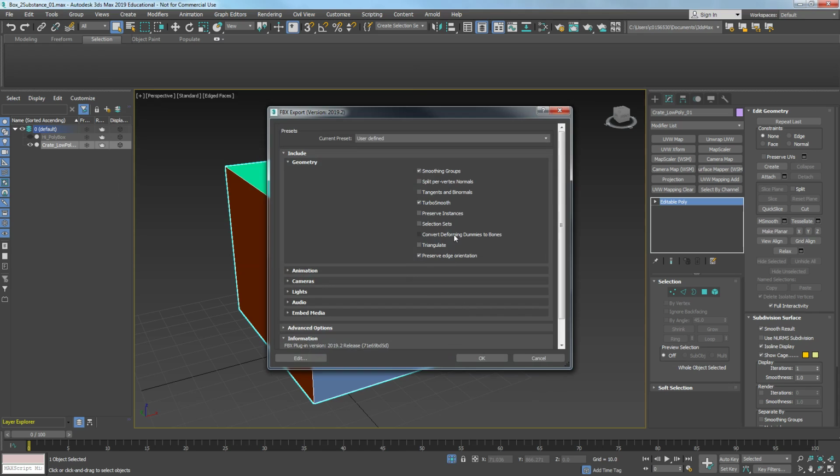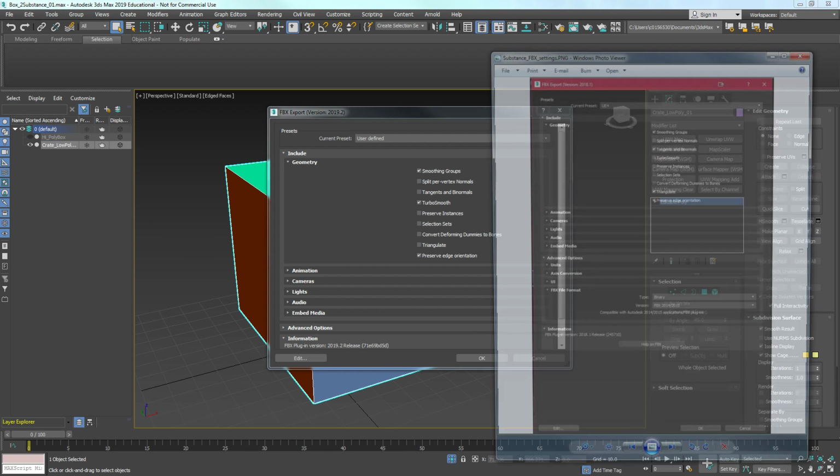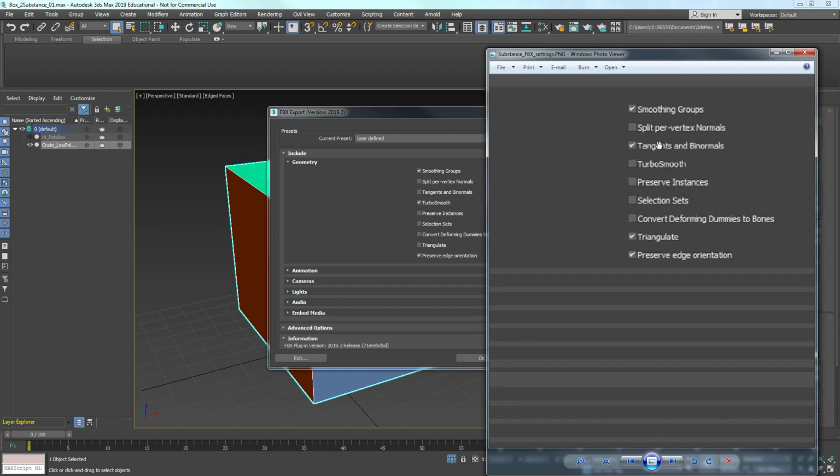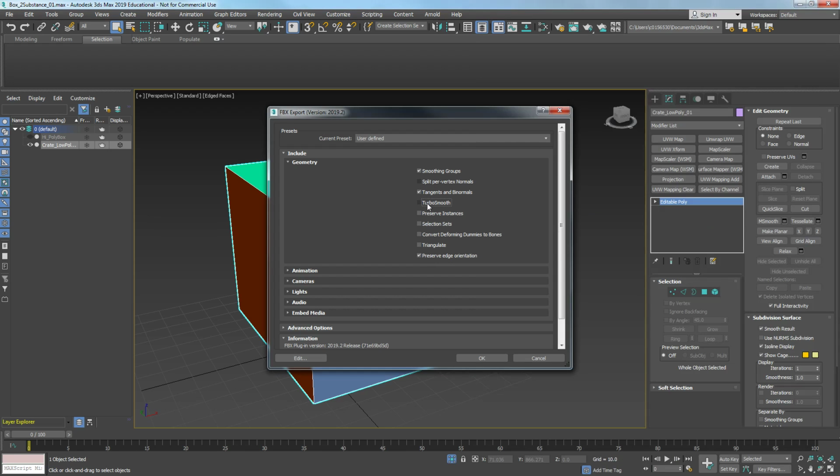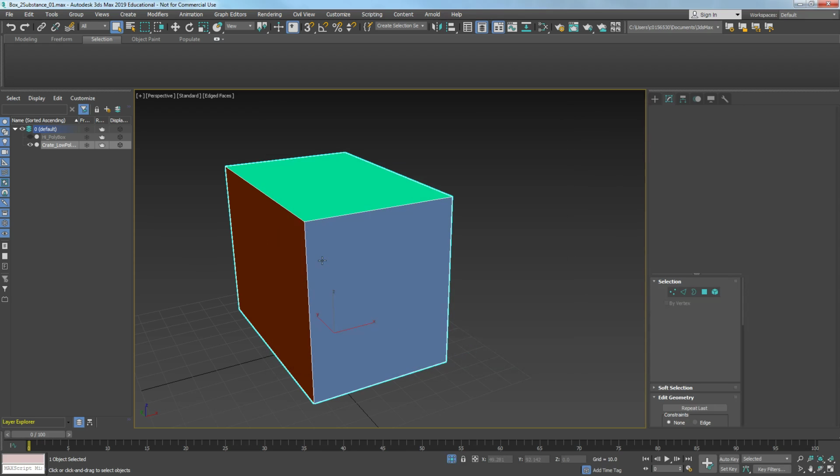Hit OK. Now these are the settings that I downloaded from the interwebs. I've done multiple things to kind of get the same solution, but what we want to do is we want to go ahead and have smoothing groups, tangents, binormals, triangulate, and preserve edge orientation. So we'll turn off Turbo Smooth and turn on Triangulate. From that point on, I can hit OK at this point because there's not much else I have to worry